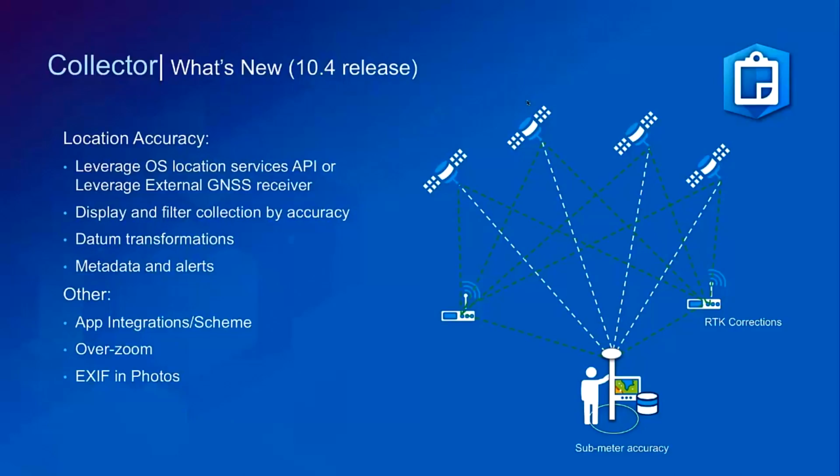Supporting location and direction information inside of photos, being able to zoom as tightly into the map and letting the base map pixelate if you'd like, because your reference data is vector-based and you have a very tight resolution with a high accuracy GPS. So a bunch of work has gone into 10.4.